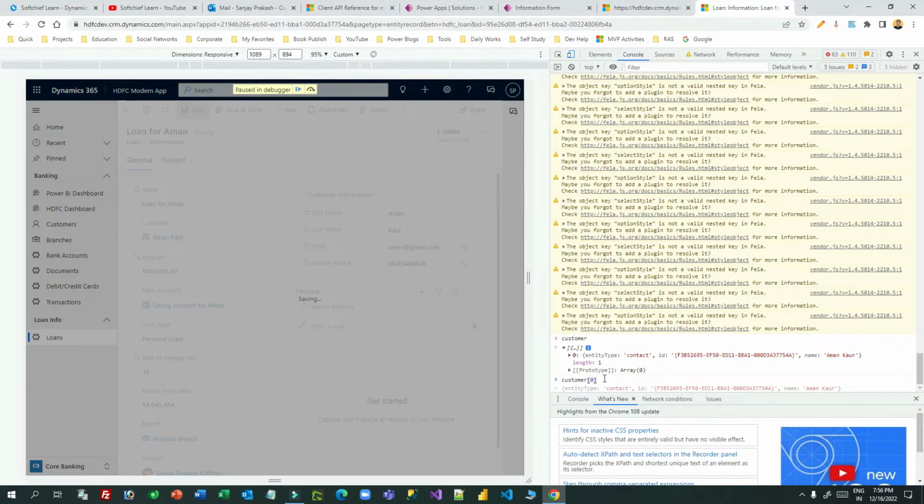Customer 0 is the array variable's first array item, then ID, entity type, name. So if you want to extract the ID, just use ID, then it will give you the ID. And if you use name, it will give you the name in console. And if you search entity type, it will give you the entity type,